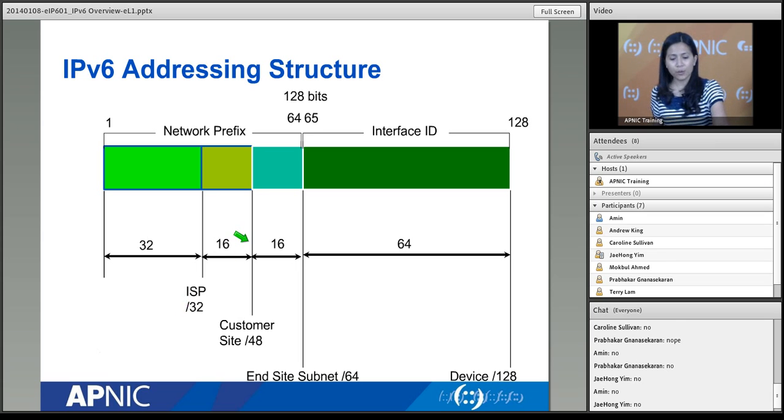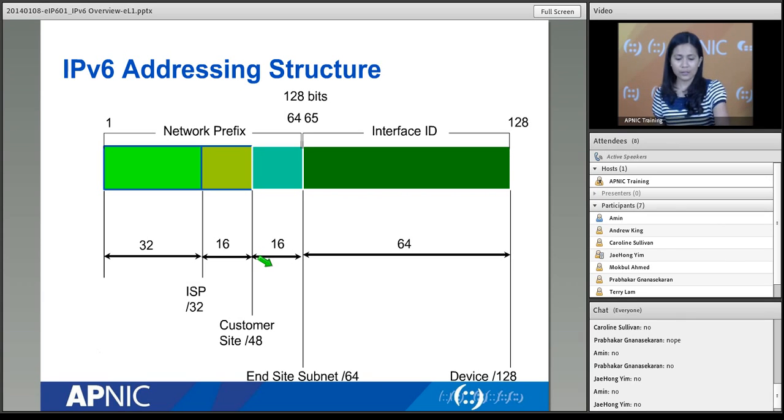So small size or medium size companies normally get a /48. Okay, something smaller than that is probably /56. Why /56? It's a midpoint between your /48 and your /64. So when you distribute addresses, you will learn this when you go into address planning. If you want to have a look at that later on, you learn that it's easier to distribute addresses per nibble, so per factor of 4, just to avoid that human factor, human error.